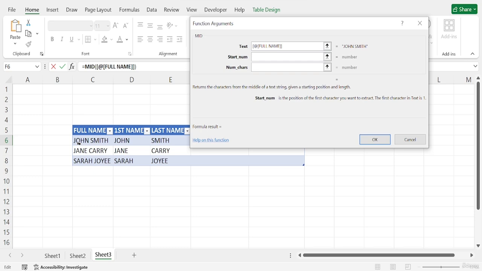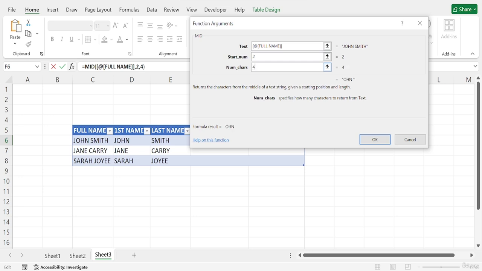I will add the start number, which will be 2. This number is the position of the first character you want to extract. So I want to extract from position 2, and the number of characters I want to extract, going up to the fifth position, is 4. So the number of characters is 4.